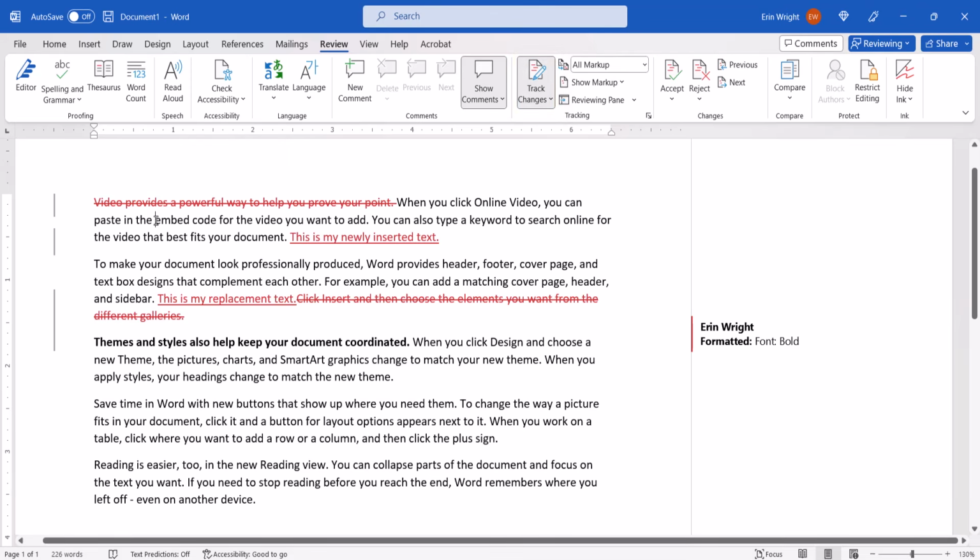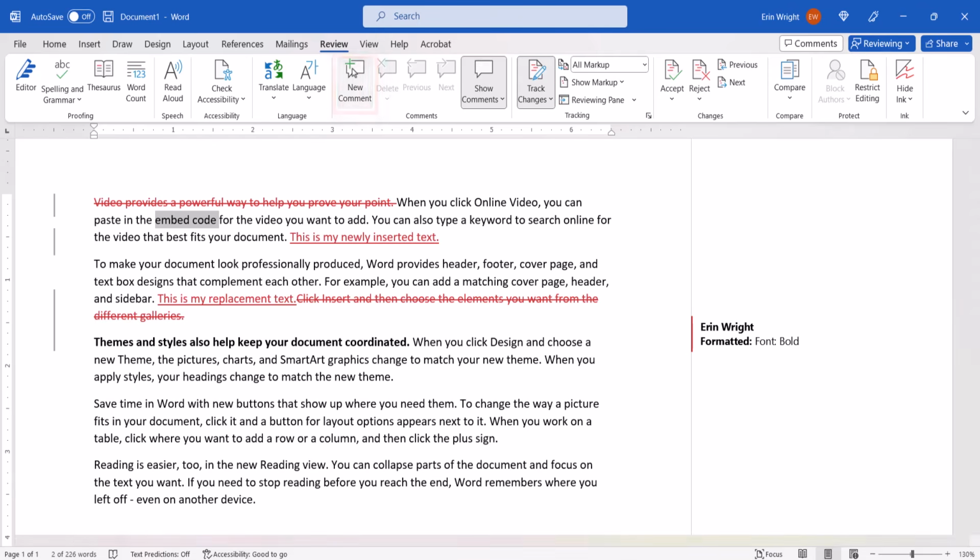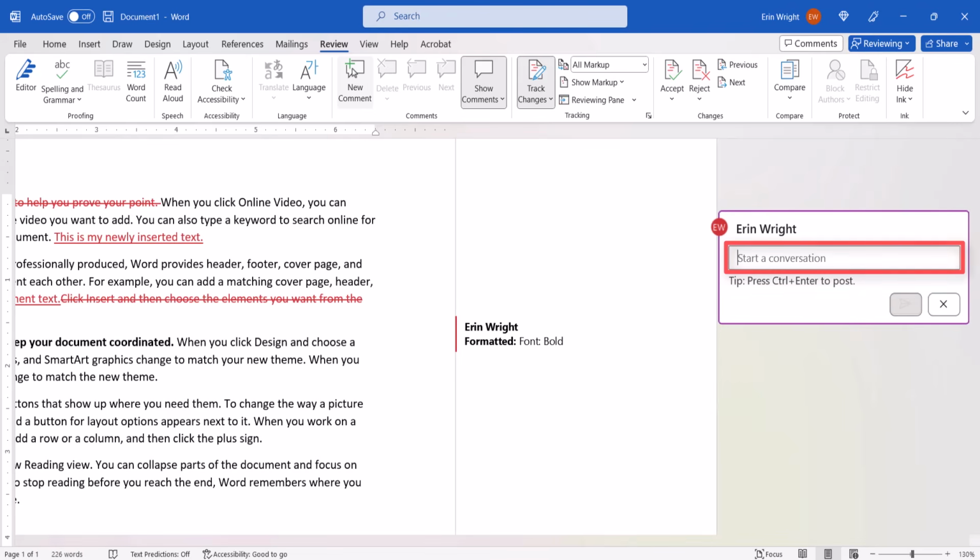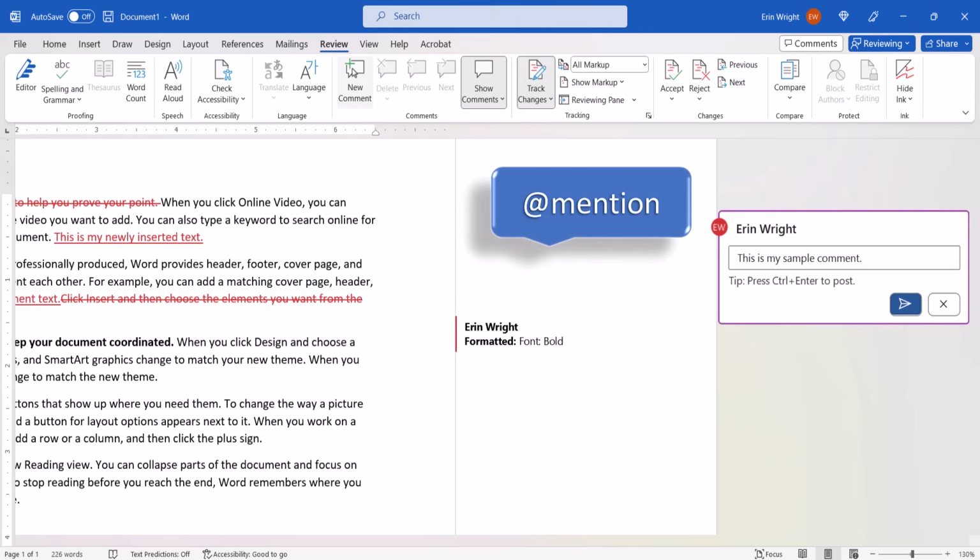To begin, place your cursor near the text you want to comment on or select the text. Next, select the New Comment button in the Comments group. Now, type your comment into the Start a Conversation text box on the right side of the screen. If you're part of an organization, you may be able to @mention other users in your comments. I've linked to a Microsoft support article in the description box below for those who would like to learn more